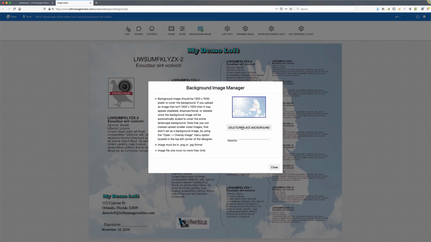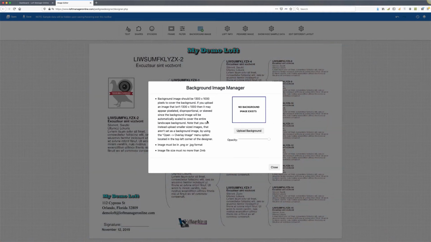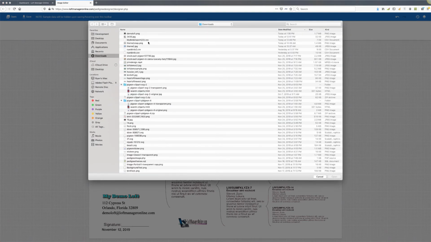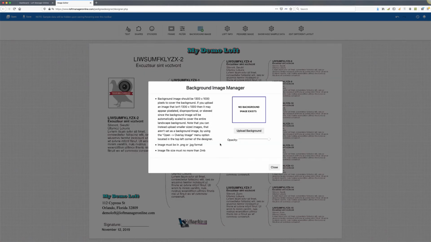So I'm going to go ahead and click on delete, replace background. Background image is now gone. I'm going to click on upload background, and I found a generic image earlier of a loft from one of these image sites, and I'm going to use that as the background. Right, so I'm uploading that,